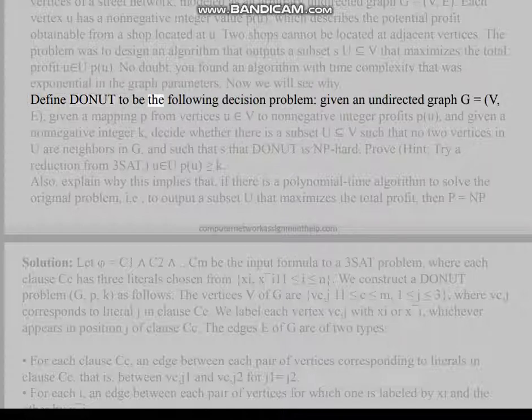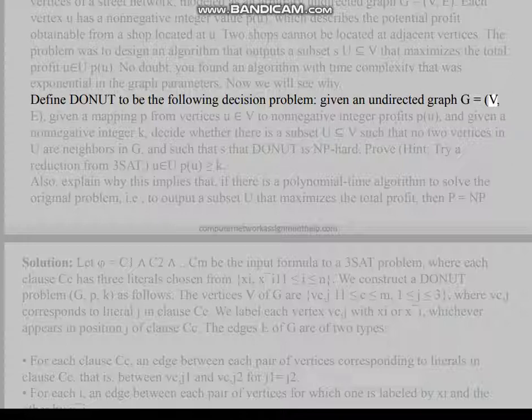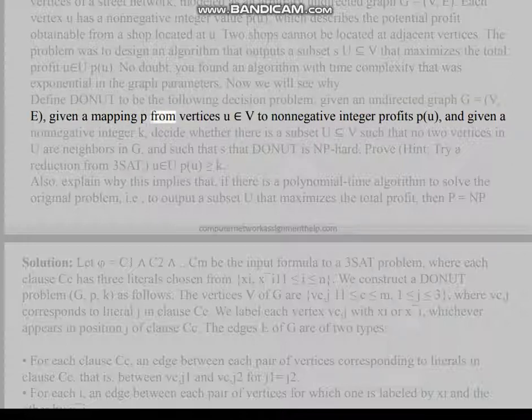Define donut to be the following decision problem. Given an undirected graph G = (V, E), given a mapping p from vertices u in V to non-negative integer profits p(u), and given a non